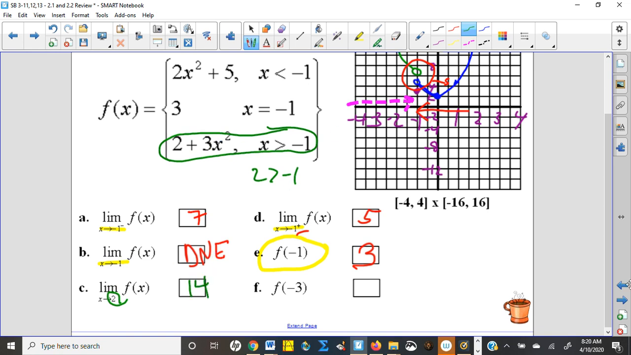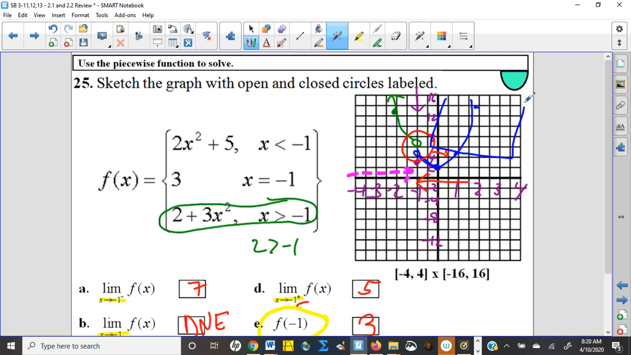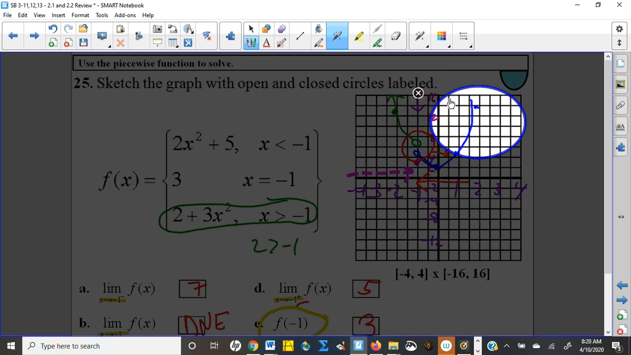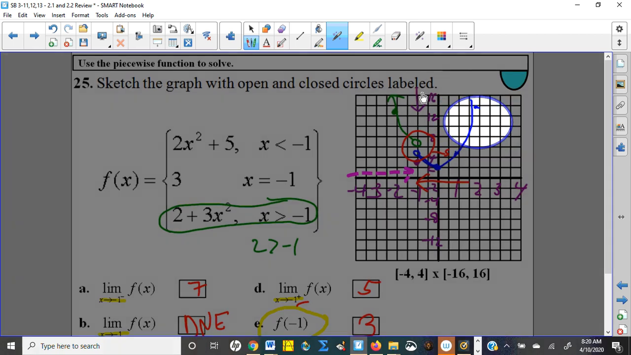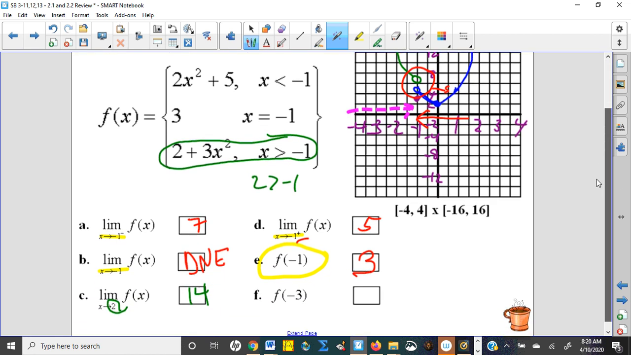Because the function happens to be continuous in this area over here, what that means is you can just get the answer through substitution. You don't have to do anything that fancy. This last problem,